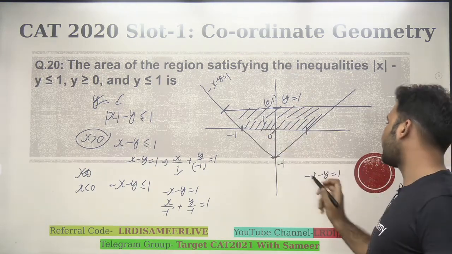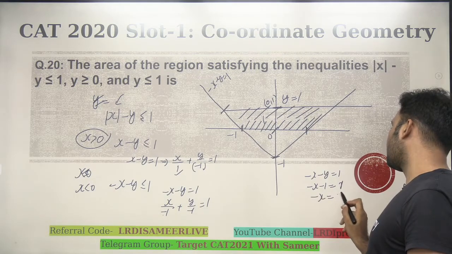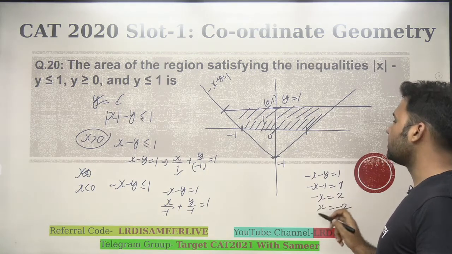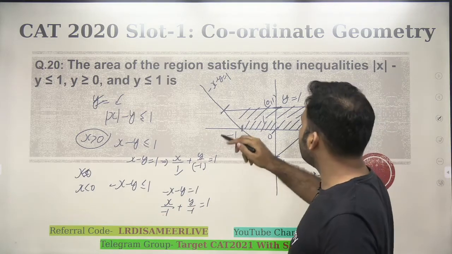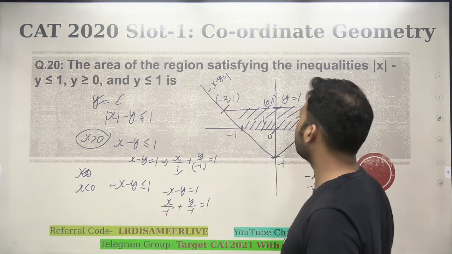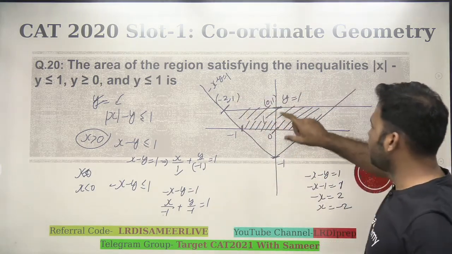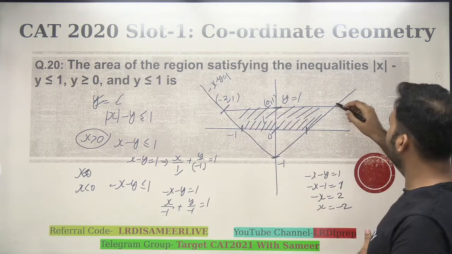If I put y as 1 here, I'll get minus x is equal to 2, x will be equal to minus 2. That means the point of intersection is minus 2 here. X is minus 2, y is 1. If I want to find out the area of this region only, similarly, you can also say that if I